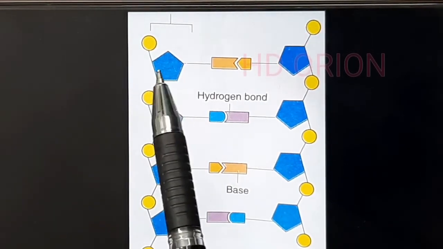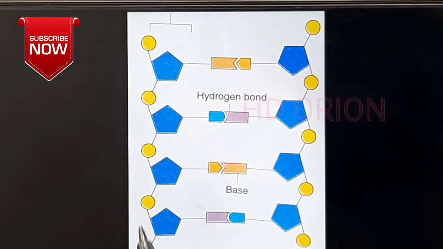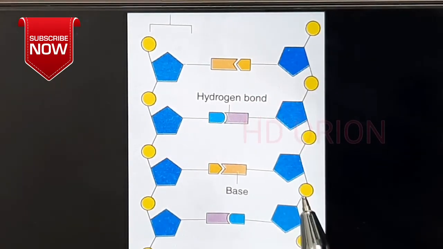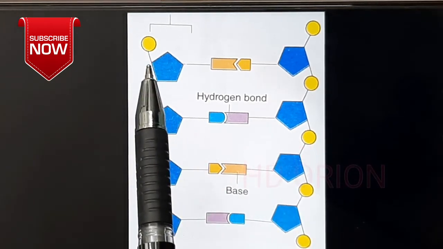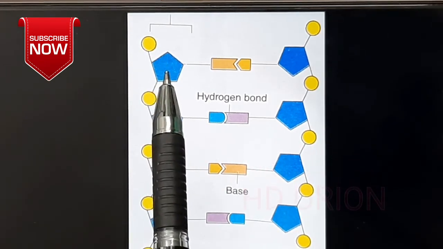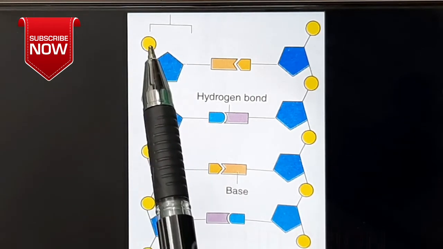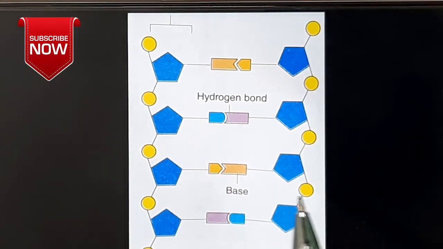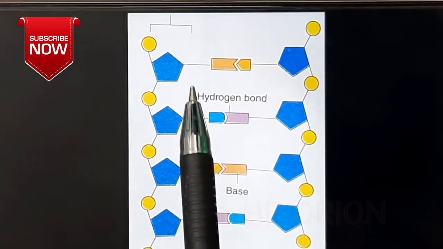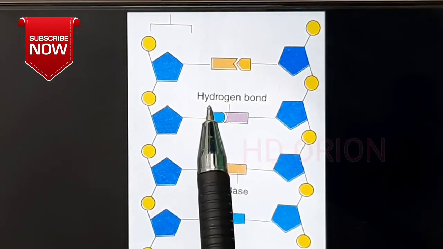Now this is the arrangement of the nucleotides in the two strands. This is one strand and this is the complementary strand. They both are parallel to each other, and this is the sugar and this is the sugar. The blue one is the sugar and the yellow one is the phosphate. So we call this the sugar phosphate backbone, this and this. So there are two sugar phosphate backbones, and in the center are the nitrogenous bases which are bound by the